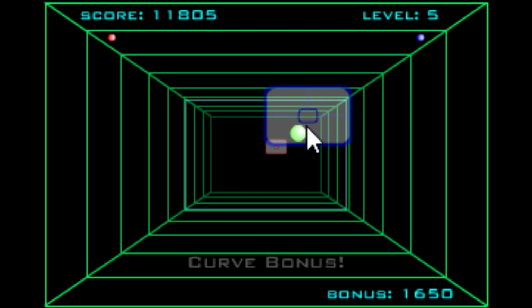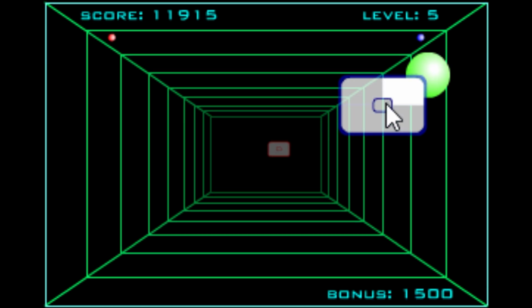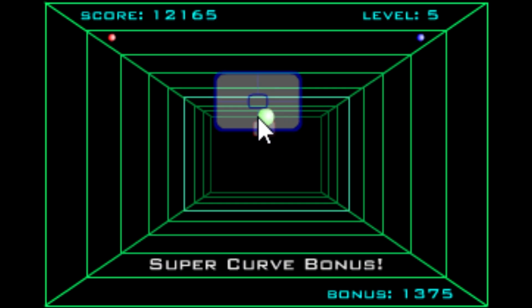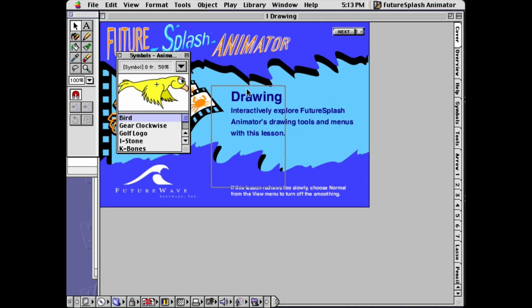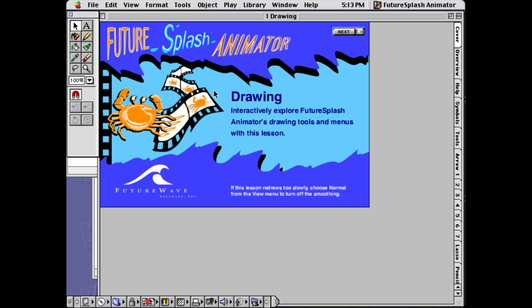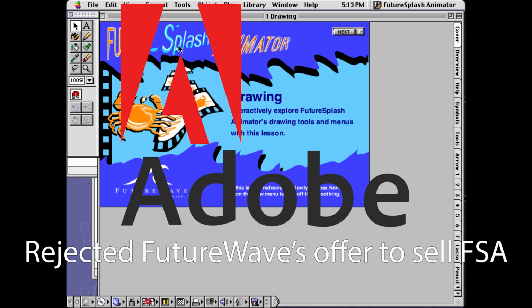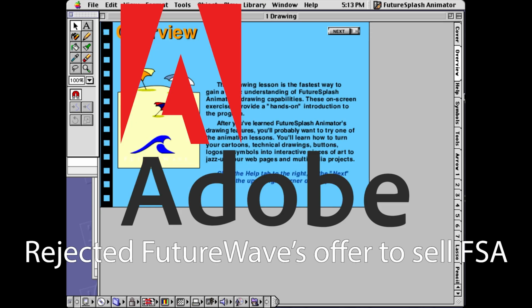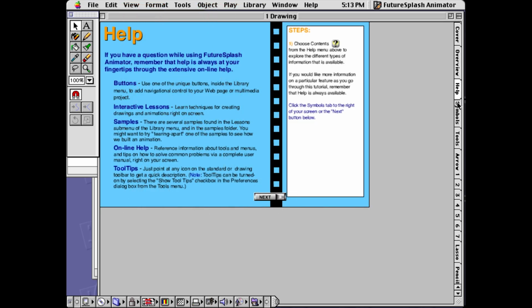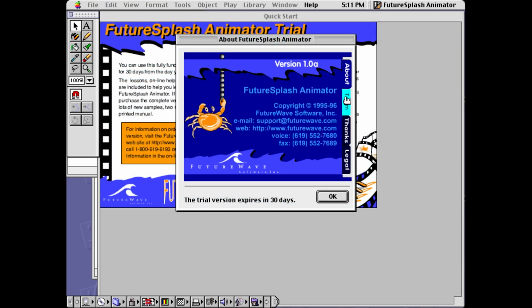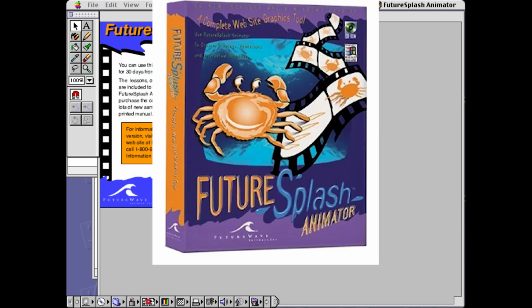Initially, FutureWave planned to sell the product to another party as they needed capital urgently. After the product was renamed FutureSplash Animator, they went to Adobe to sell the product. Unfortunately, Adobe would reject their offer, and after another failed bid to another company, FutureWave just decided to ship the product themselves, which they would do in May